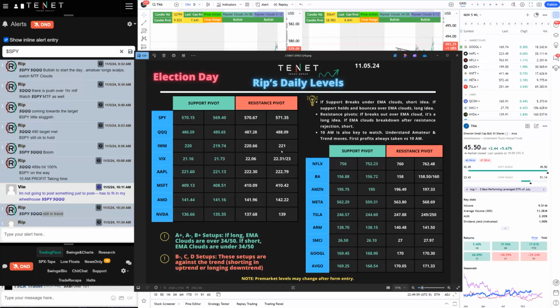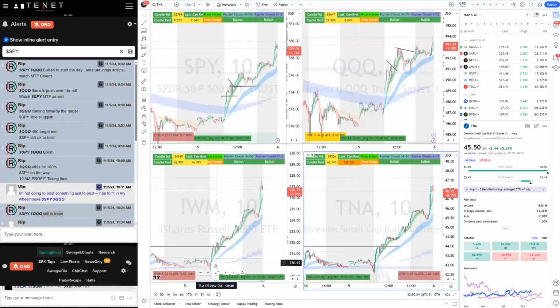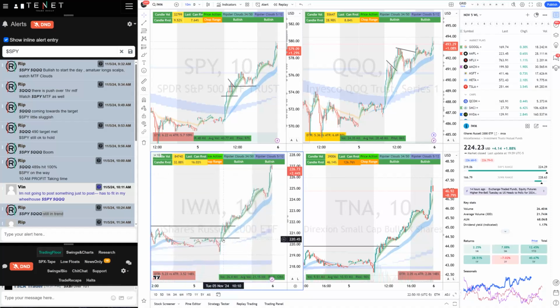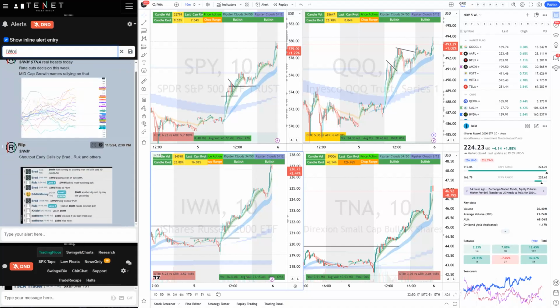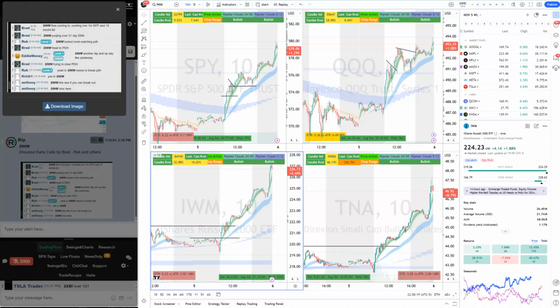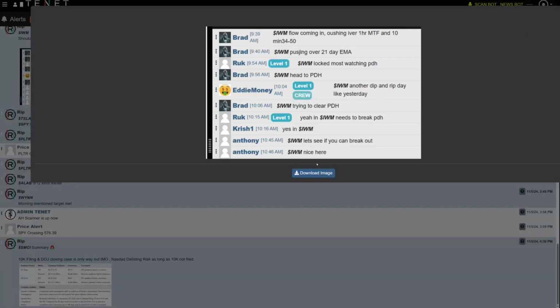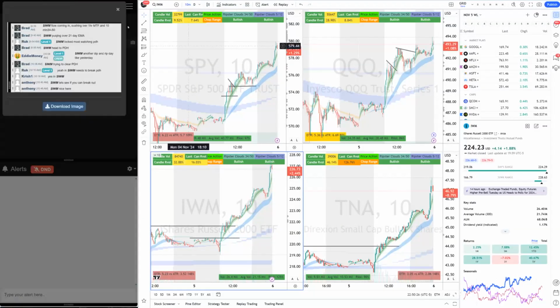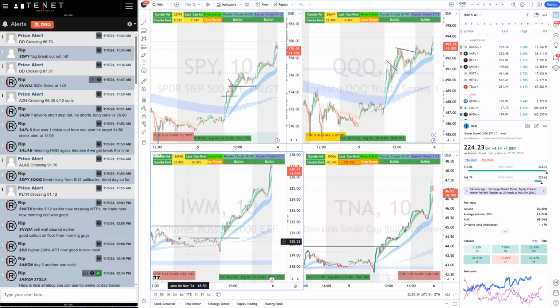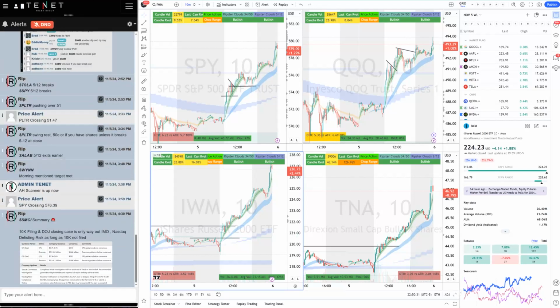If you still look at the IWM levels, I gave 221 and 220.66, you see that those levels broke out. It breaks this MTF cloud right here, and then breaks out 221. It's all day long. I mentioned it in the voice as well. A lot of traders in the community were trading IWM. You can see great callouts by a lot of our traders in the community, Brad, Rook, and all those. And so really good trade, IWM. So many opportunities. You could trade SPY, QQQ, or you could trade IWM, whatever you like.